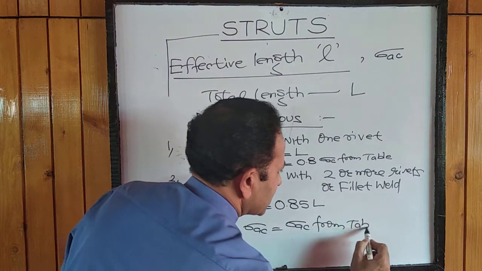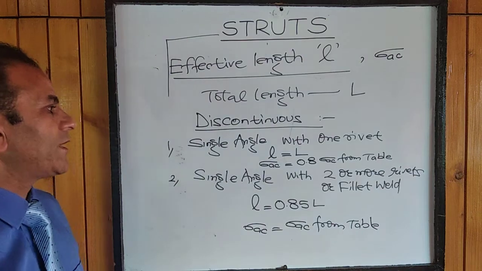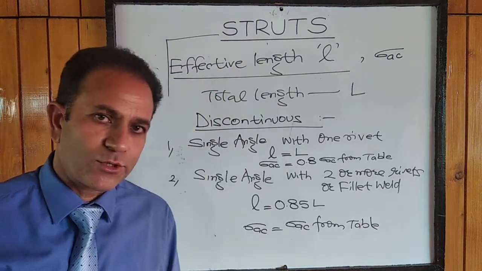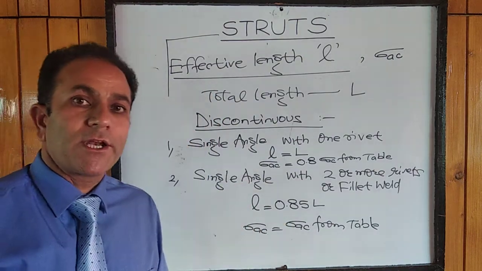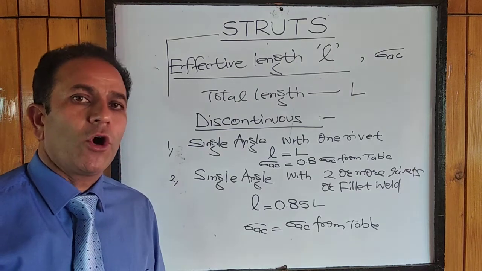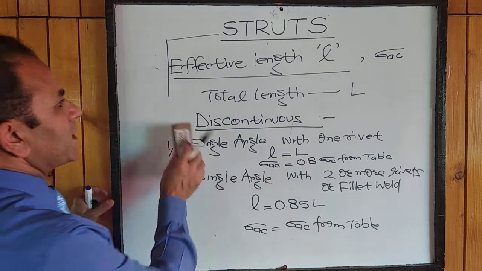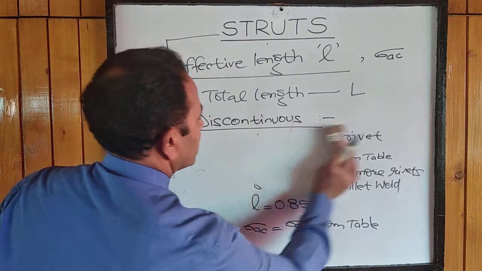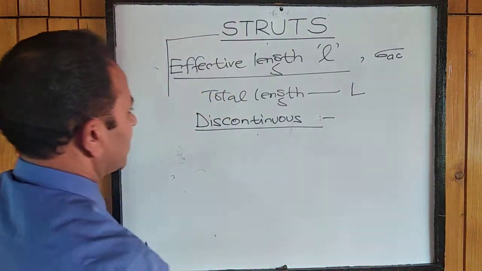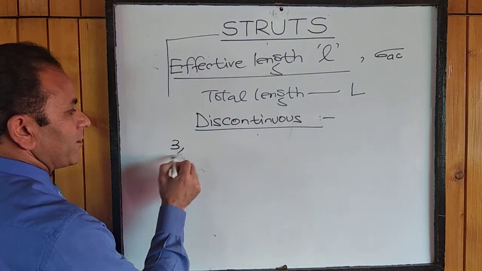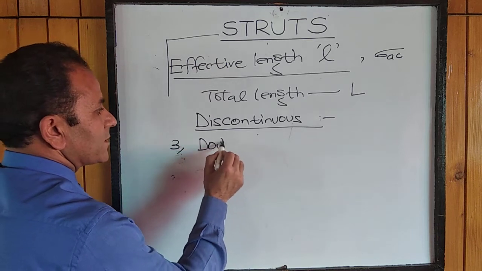So these conditions are provided in IS code, what effective length of the member we have to take, and whether sigma AC is to be taken full from the table or it is to be modified. Similarly, there are other conditions also. This was for the single angle only. In discontinuous members, there are cases for double angle also. If it is a double angle